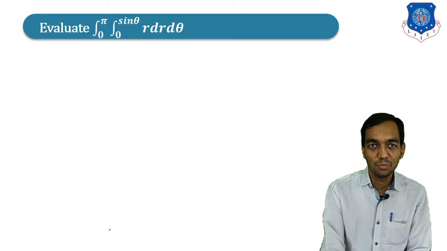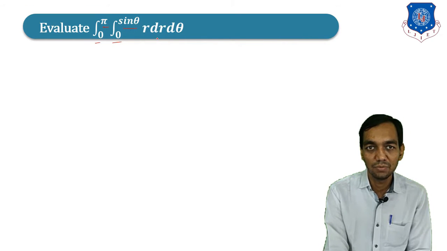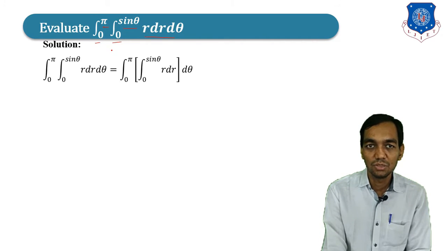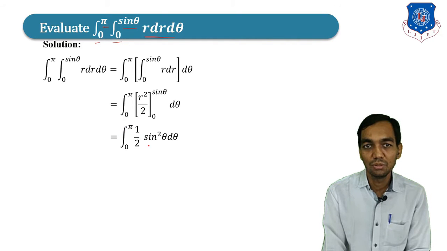Now, the second example we have taken has limits from theta is equal to 0 to theta is equal to pi and r is equal to 0 to r is equal to sine theta. Now see, here you have a variable limit, and since theta appears, that means it is the limit of r, and the function is r dr d theta. So first you have to integrate with respect to r. So r has an integration r square by 2, correct? And putting the limits, that will give you sine square theta upon 2.